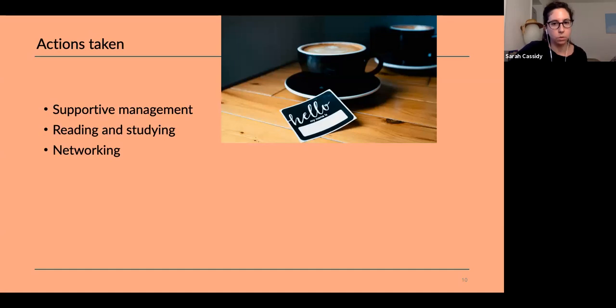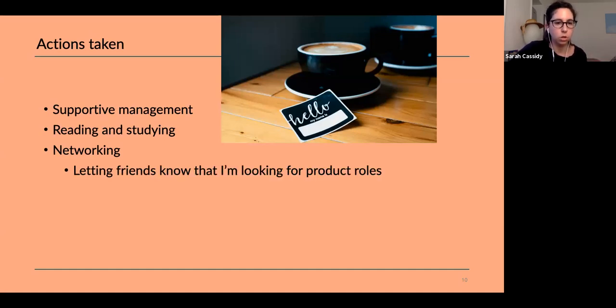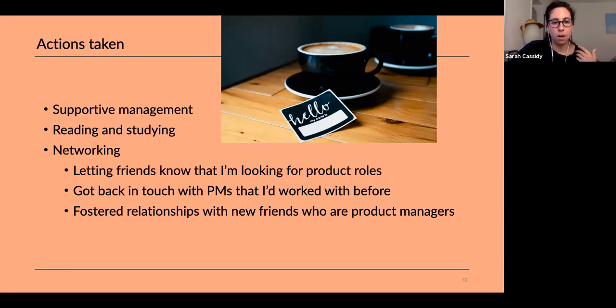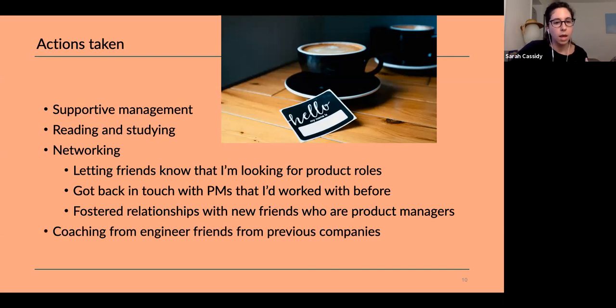Networking was absolutely essential, and it was really, really important in my search. So I let my friends know that I was looking for product roles. I got back in touch with product managers that I had worked with in the past, to let them know that I was looking for mentorship and that I was also looking to make the jump. I fostered relationships with new friends who are product managers. And I also just sought out coaching from